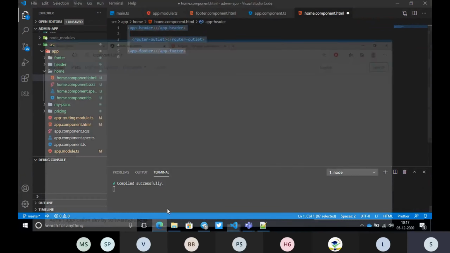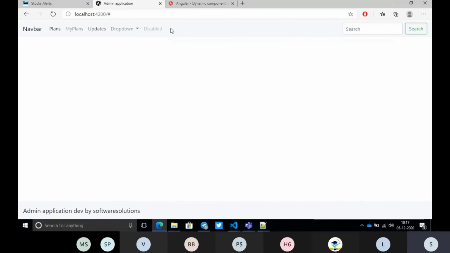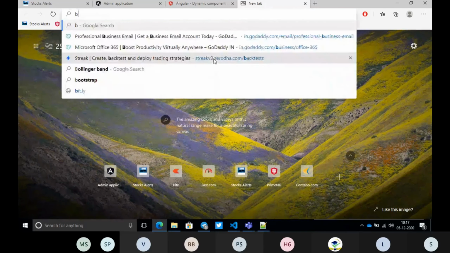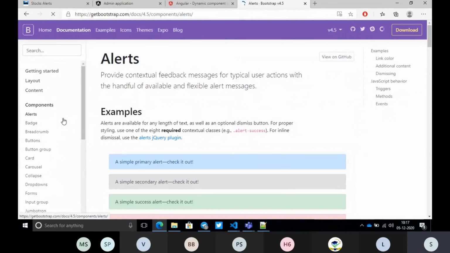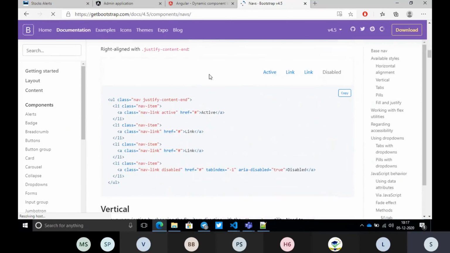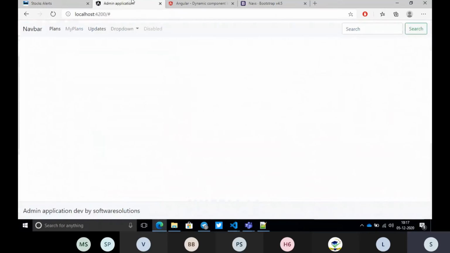When we created the project last time, we didn't have the header and we didn't have the footer either, right? We just had one plain page with the Angular default. So how did we add this header? We went to Bootstrap CSS and got the navbar from Bootstrap. We picked whichever was appropriate for us and added it, but that is only the first initial phase, and we need to customize this based on customer requirement.